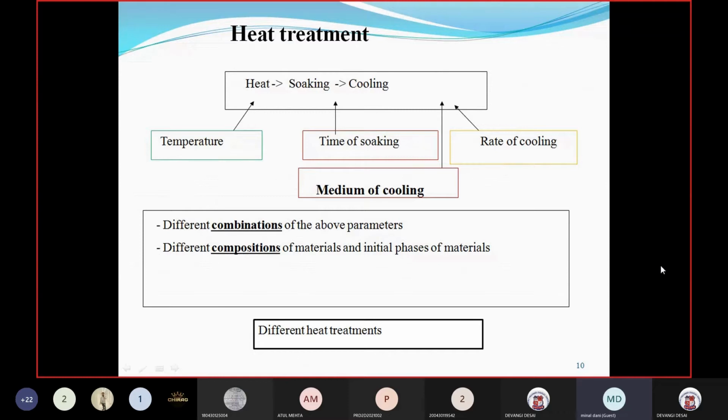And then the cooling. If you do the slow cooling in a plain carbon steel, what phase you are achieving in the iron carbon diagram, the same thing you are getting. But if you change the cooling rate, you are not getting that phase. You are getting a different phase, and because of that different phase, the phase itself has certain properties you are enhancing in the same material. By doing this treatment we are enhancing the mechanical property. Okay, so basic. Next slide, madam.